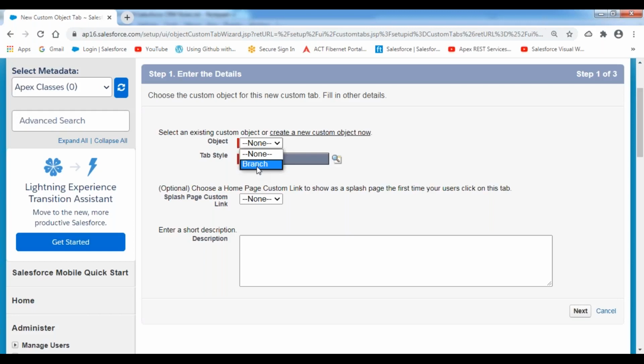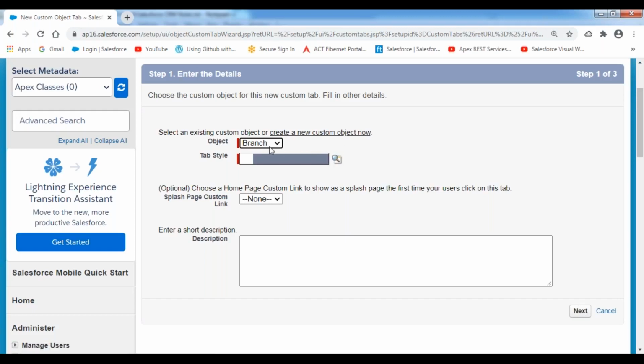So we can't directly create a tab with this option without an object. Without the object we can't create the tab; it requires an object mandatorily. When we create the object, the tab is automatically created. If we don't create it then, this is the way to do it. Now this is the way we have to create this.